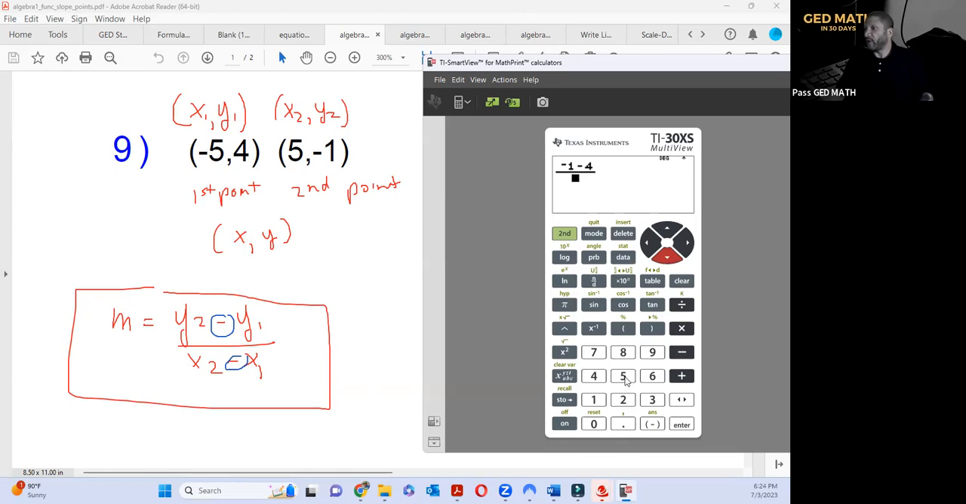X2, 5 minus a -5. Now, the other way took us 1.5 minutes. How long did that take us? 1 second. Not even 2 seconds. And I'm still not done, because that's one way. Now I'm going to show you an even easier way